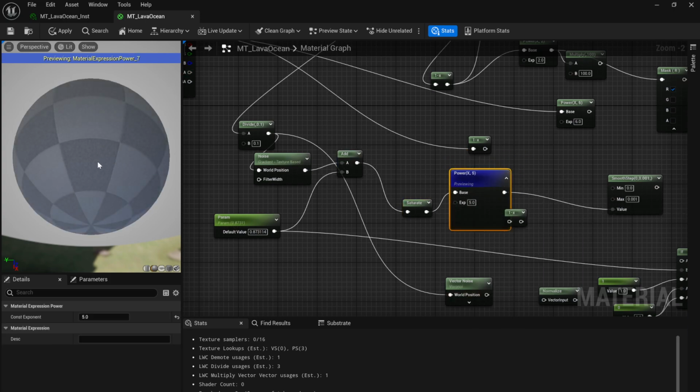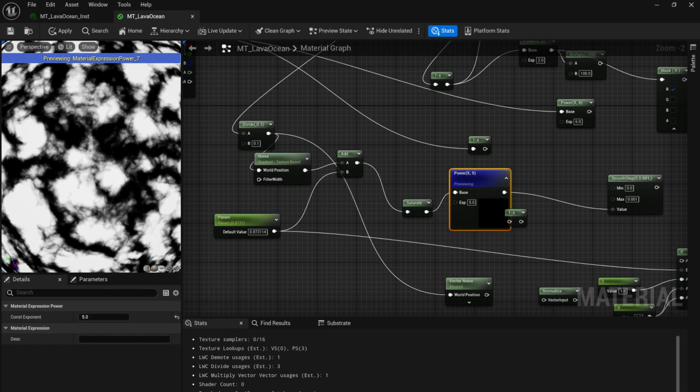Like, it doesn't have to be a Voronoi based deal, but